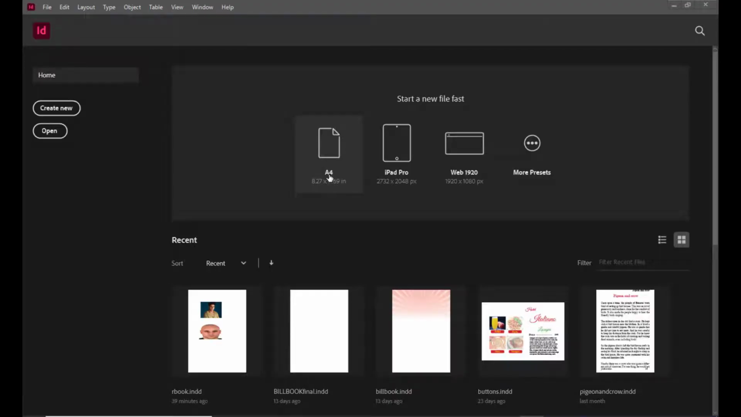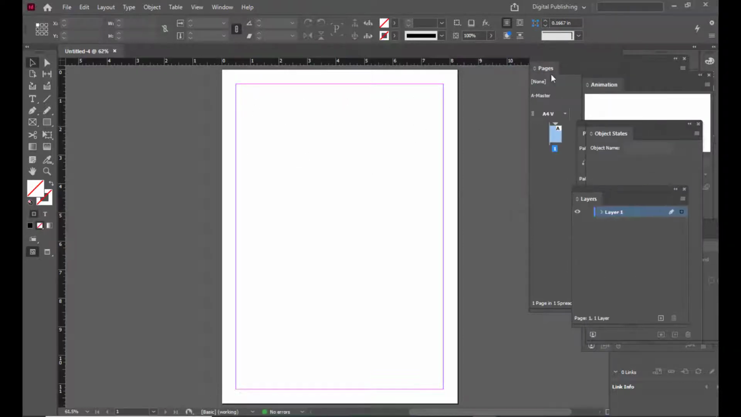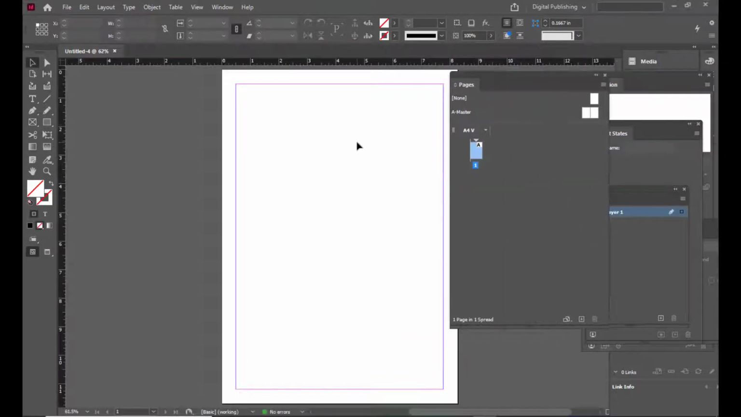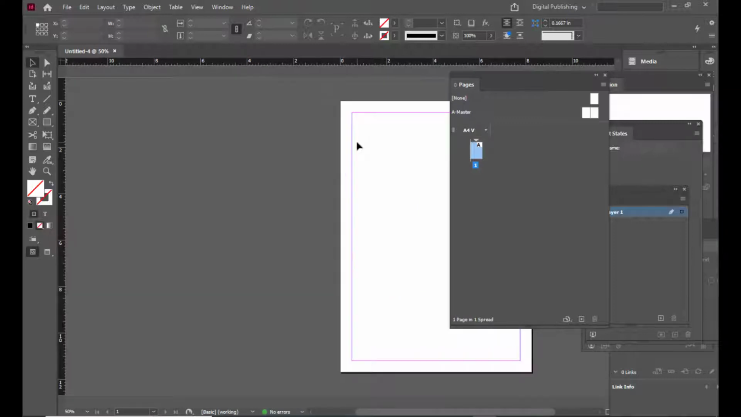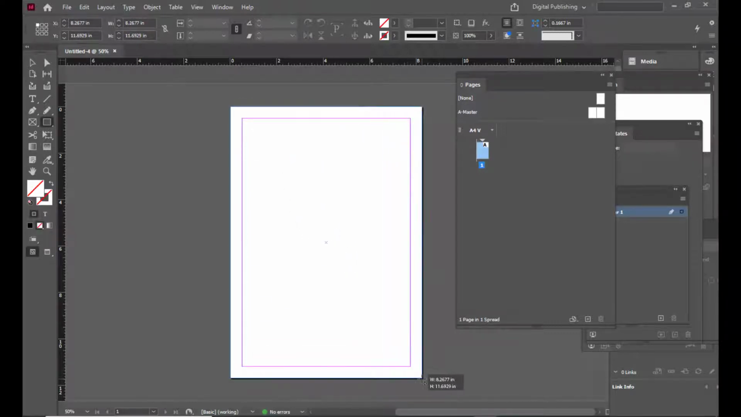Let us start with an A4 size portrait document. So simply select the A4 size. So we only have a single page over here, right? So the first thing we'll do is start with the front page or the cover page. We will just select a rectangle tool and cover this entire document and simply hit Ctrl D